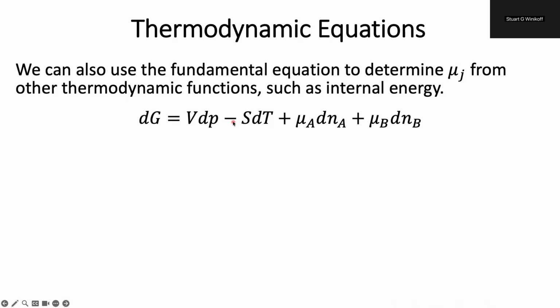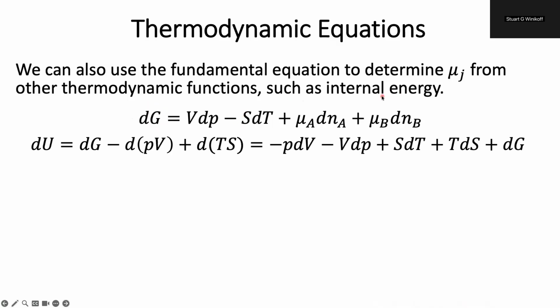So we also can use our fundamental equation to actually determine our chemical potentials from our other thermodynamic functions. So right now we have it in terms of Gibbs. We can also determine it from other properties such as internal energy. So we can do so by knowing that we can get the internal energy by just taking the change in Gibbs minus PdV plus TdS. We can do the same thing for enthalpy